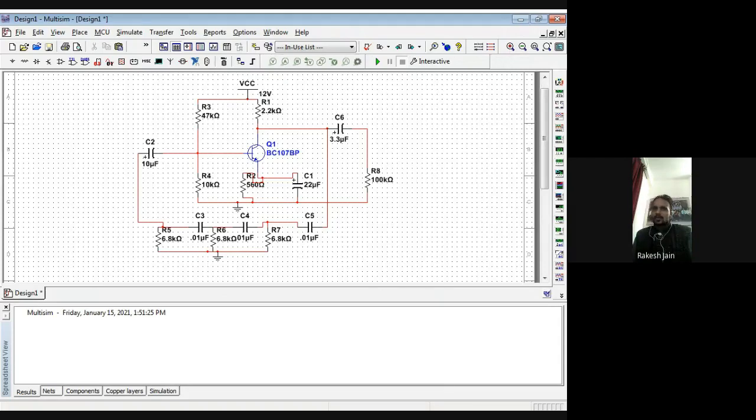Suppose we require a frequency, for example 1 kilohertz or 650 hertz. Put the value of f there. If the capacitor is 0.01 microfarad, you will find the resistance value of 6.8 kilo ohm. Is it clear?